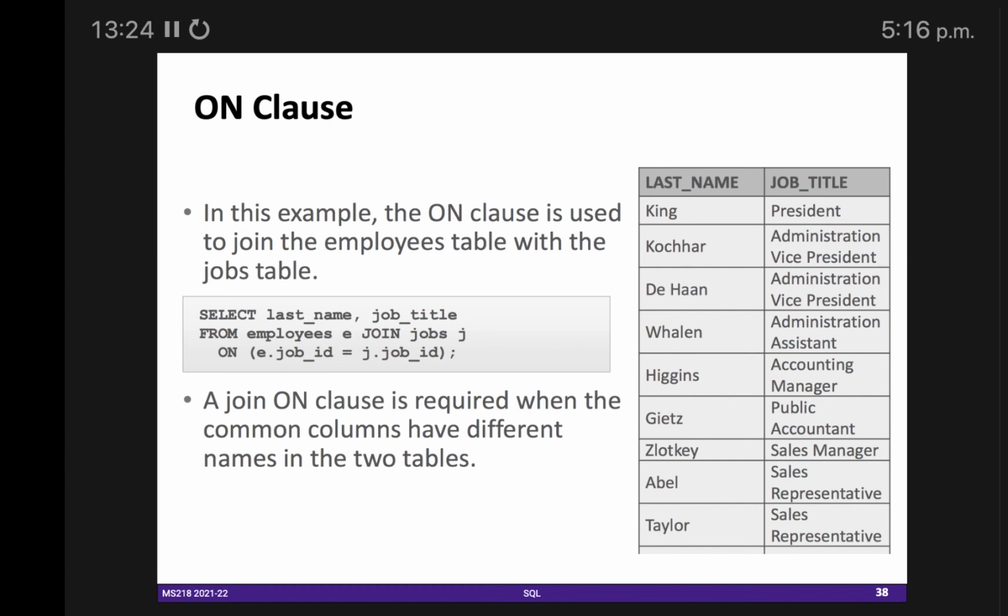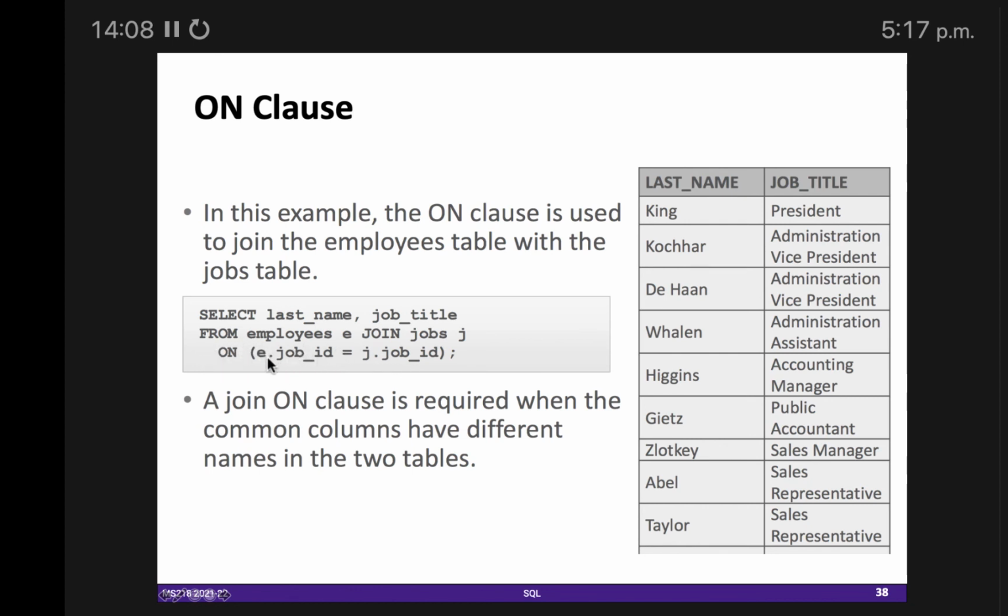You have to join multiple tables, so you have to provide different things. In this query we are printing last_name and job_title from employees, and here this e is an alias for the employees table, a nickname sort of thing. JOIN is a keyword, so this table is joining with the jobs table, alias j, on some condition.